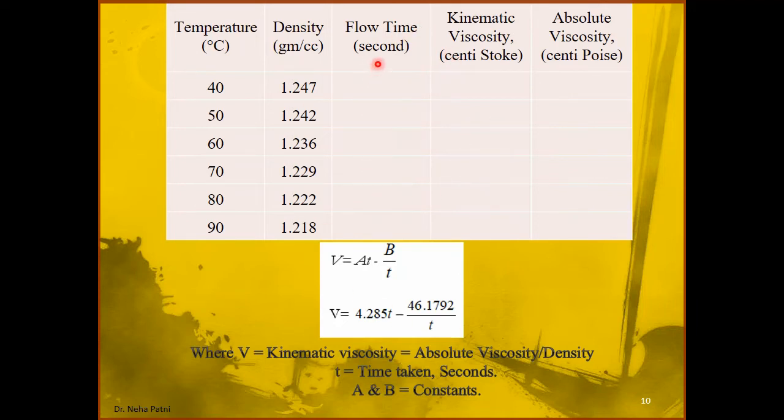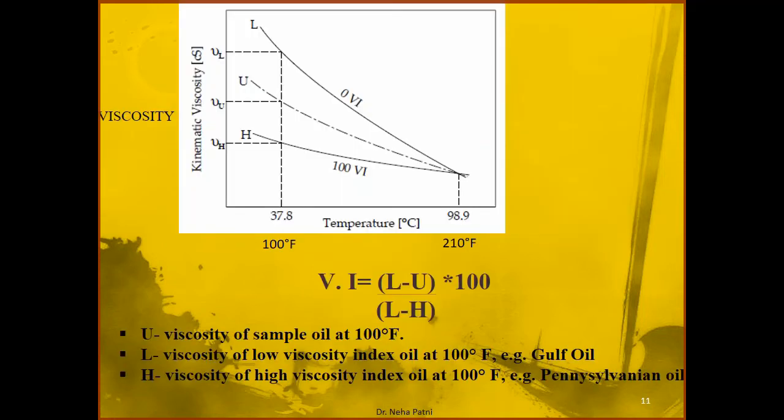So you may easily plot the graph between viscosity versus temperature. Looking at the graph, if you draw viscosity versus temperature, it will look like this, since the viscosity is going to vary much. Now as I told you earlier, there is low viscosity index oil, there is high viscosity index oil. You may see in the graph that for this particular L sample, the viscosity is varying drastically with respect to the